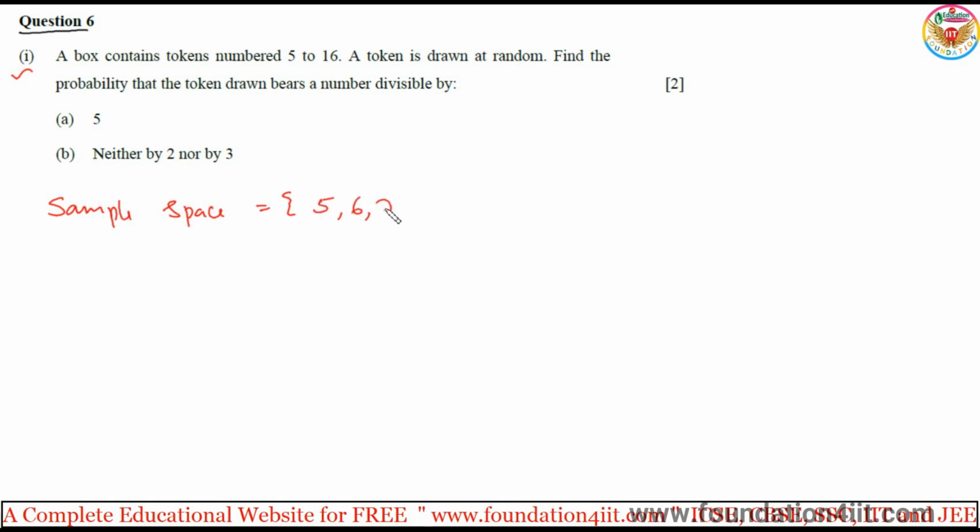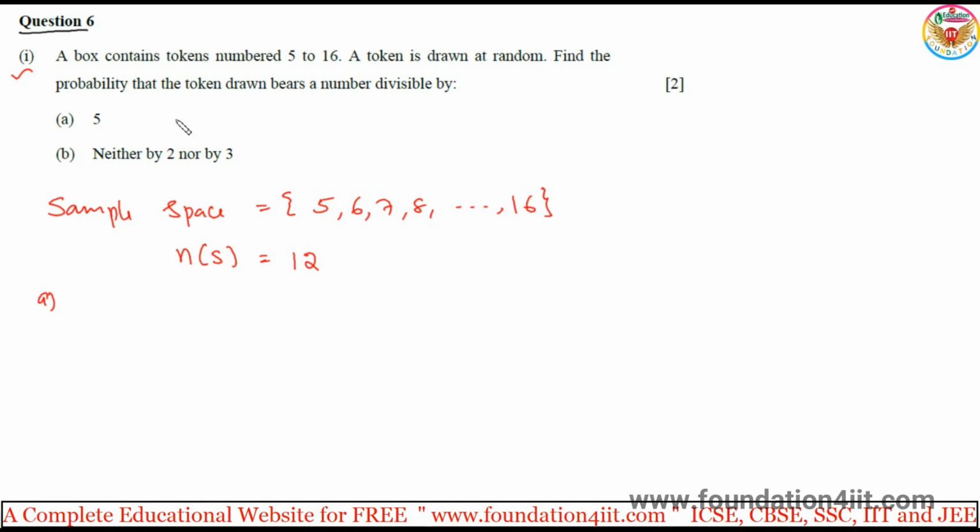So 5, 6, 7, 8, so on up to 16, right? So n of S, number of elements in the sample space. 5, 6, 7, 8 up to 16, it is 12 numbers, total 12. First question is A,